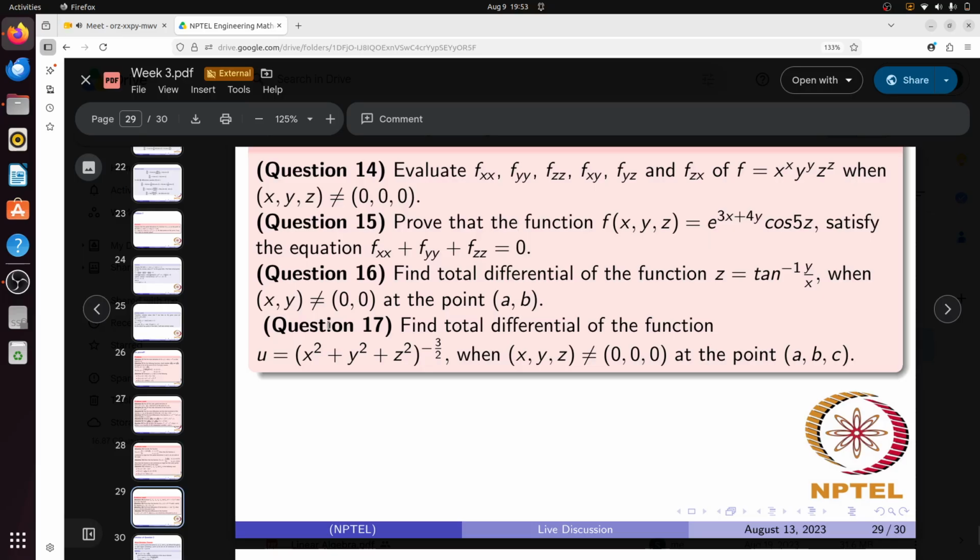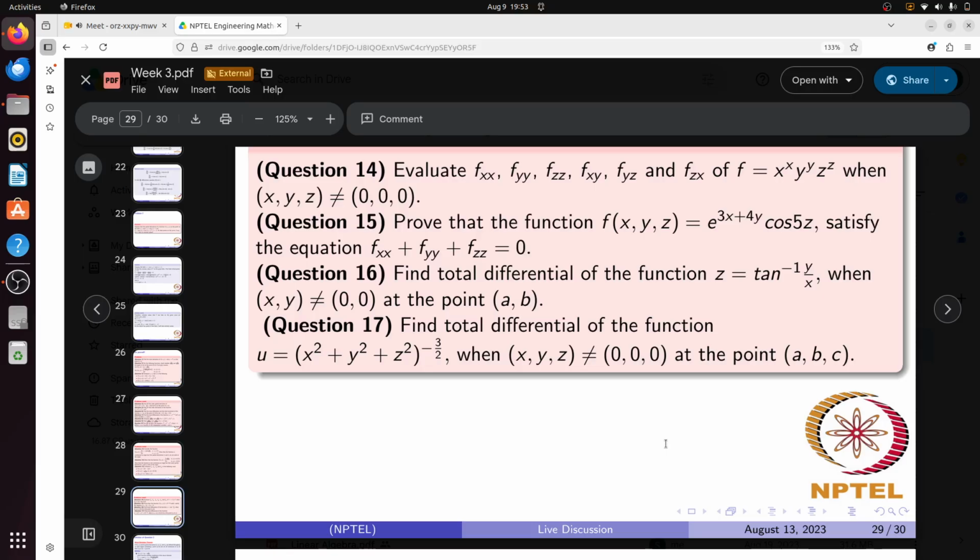So okay, good things happen in different ways. I just got an appointment in Ropar, I received PMRF, so I got a good scholarship. In my friend circle nobody has PMRF. Somebody is doing a PhD in Canada, some have IMSc, but I am the only PMRF in my friend circle. So it is something good. Okay. So find the total differential of a function z equal to. Yes sir, continue please. No, actually that's your achievement.